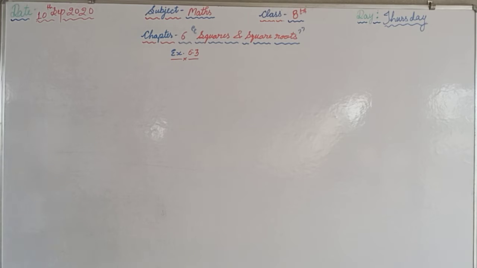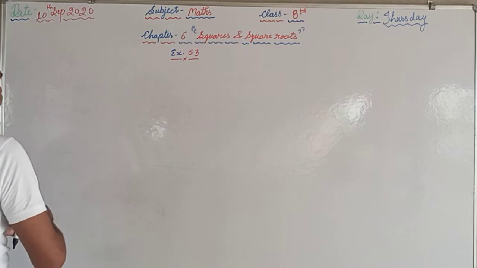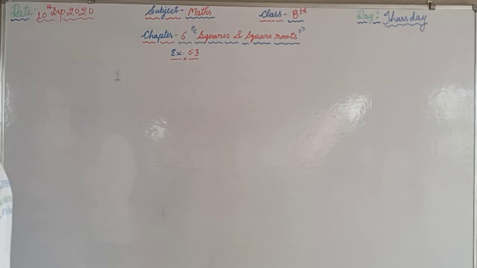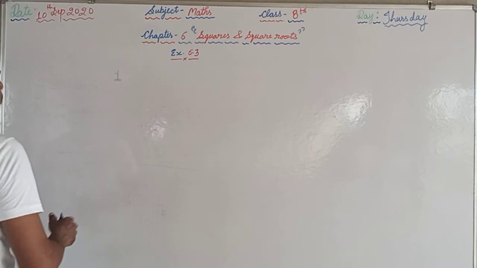So again I will take one more example and I will tell you both the questions. So we will take question number 6, the 6th part, that is 1620. I am not mentioning the question here because I want to tell you both the answers, by which number we have to multiply and by which number we have to divide.